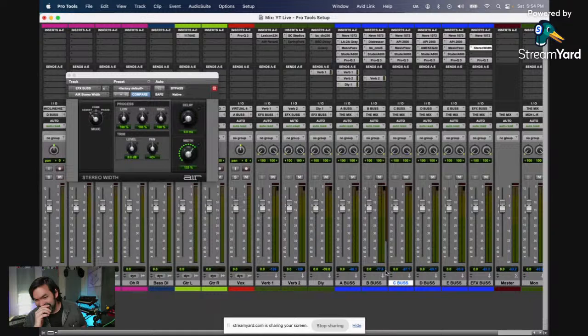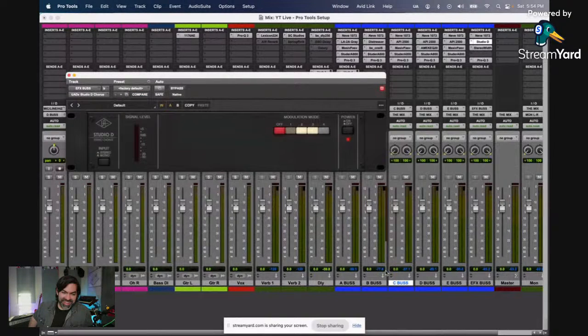Not light. This is not light modulation at all. But it is tasty nonetheless. So just something like that on the effects themselves, not on the individual tracks, but on the effects. If you wanted something a little easier to control, you could also